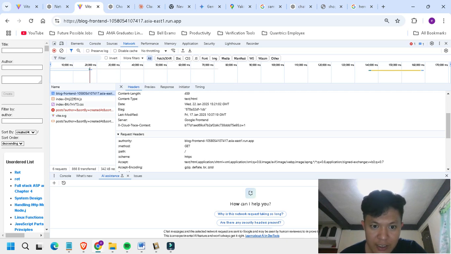Here, accept: text, HTML, application. So there is the accepted format, HTML, application. We will discuss image, WebP, etc. This is a GET method.